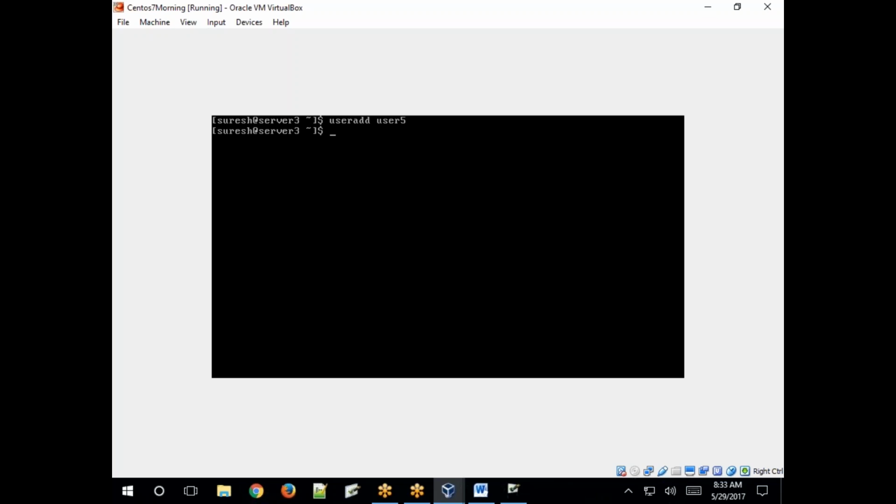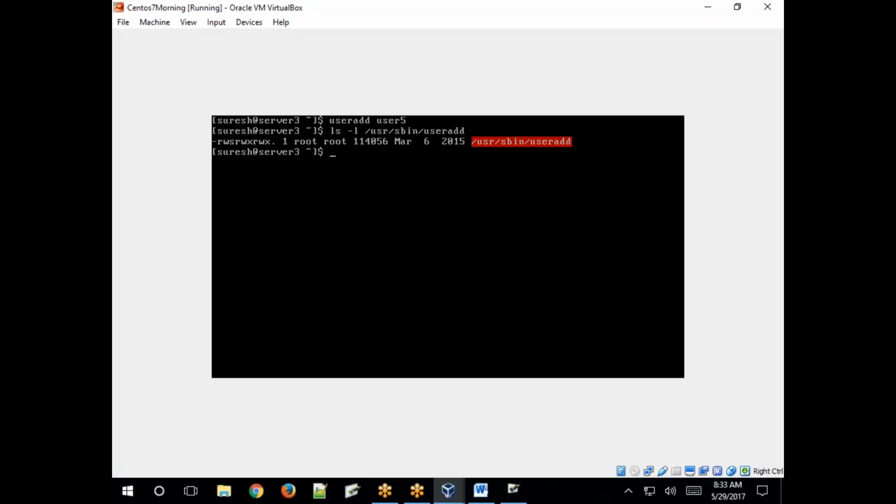Is there any permission for that particular user? I think, one second. Yes, the SUID bit is already there on useradd. The SUID bit is already there, so that's why the user account was created by Suresh.